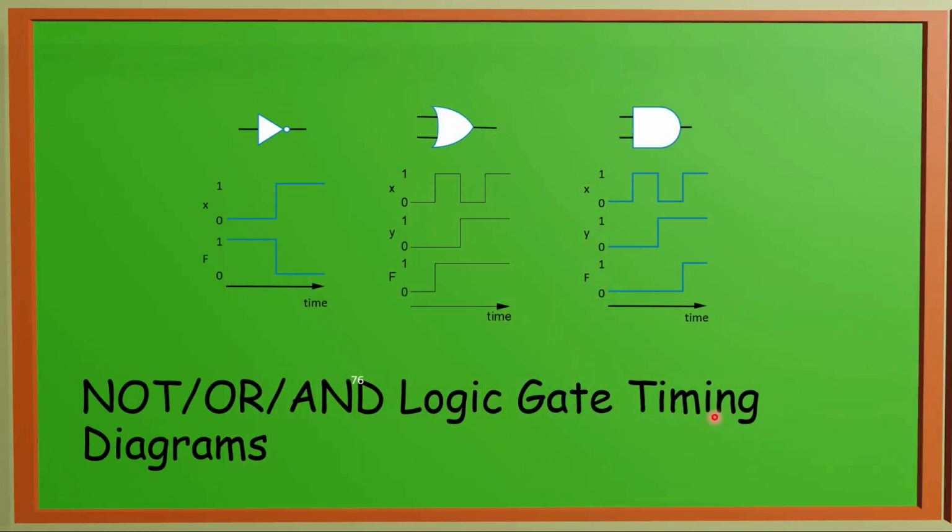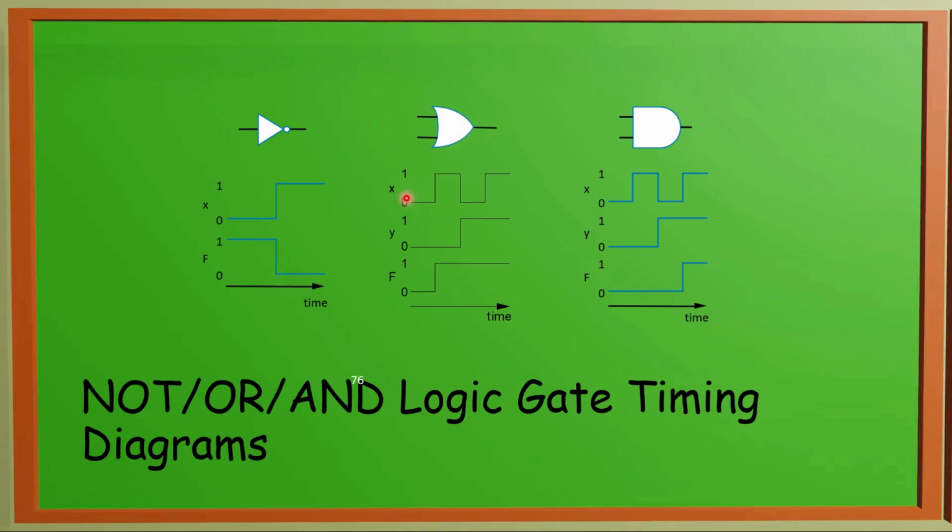So we also require to study the timing diagrams. Timing diagrams are very important. What we are giving at input, what we are getting at the output. For example, X is the input we are giving at NOT gate. So if input is 0, up to the time whenever we have 0 at input, at output say F, we get logic as 1. If input is becoming 1, that is high level, output will become lower level.